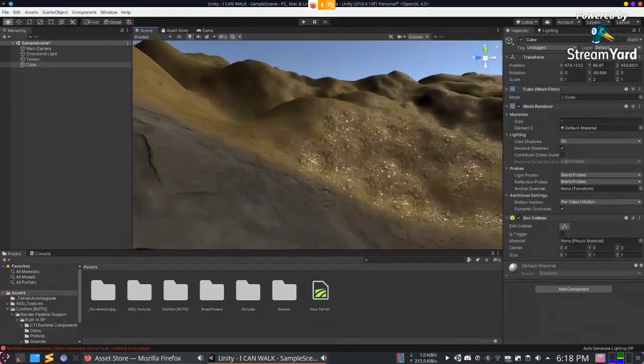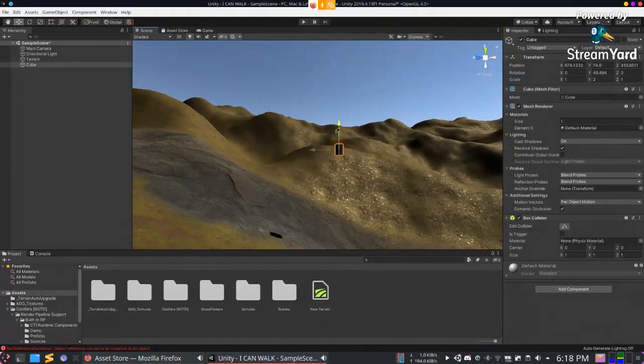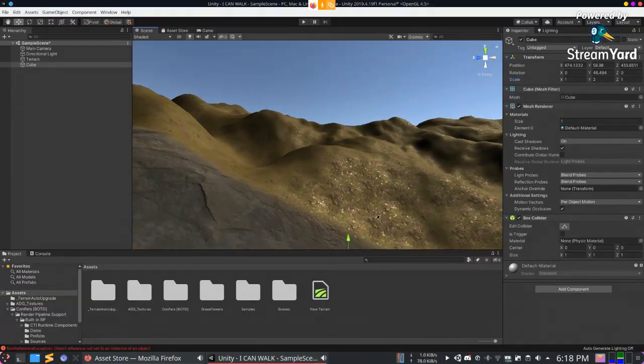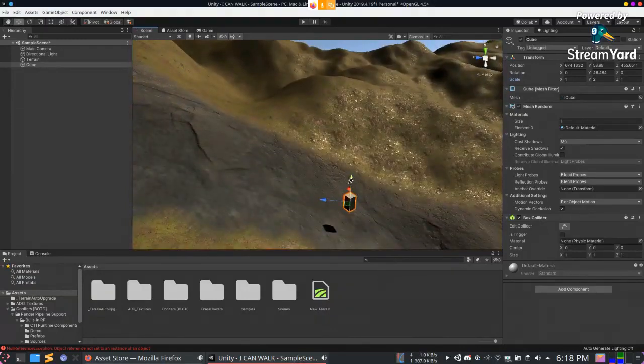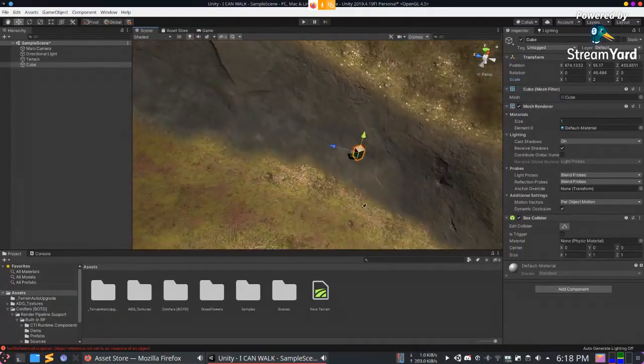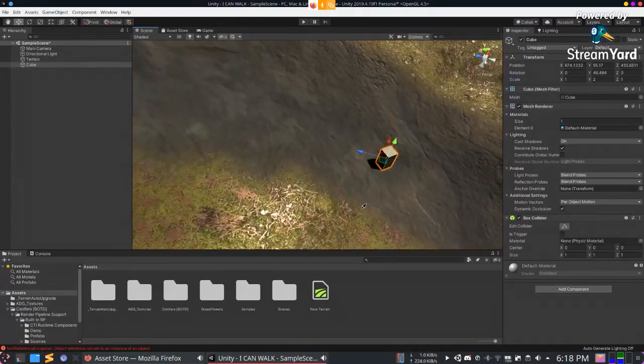Where did it go? Up here. This will give you an idea about how thick to keep the roads and other various things.